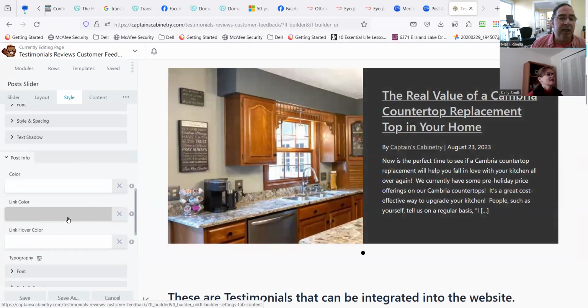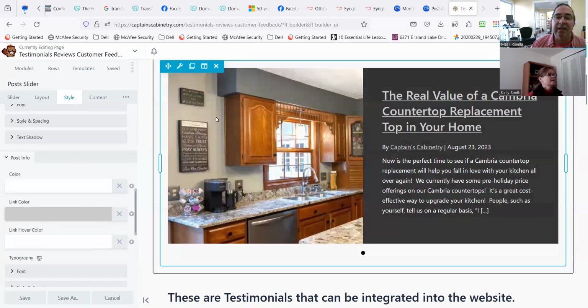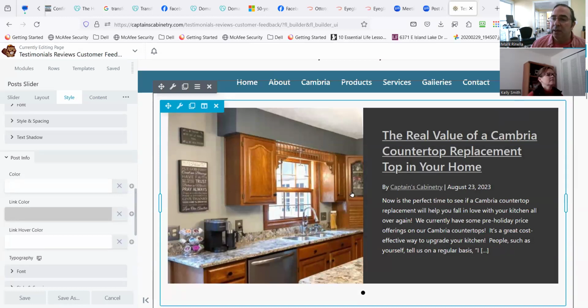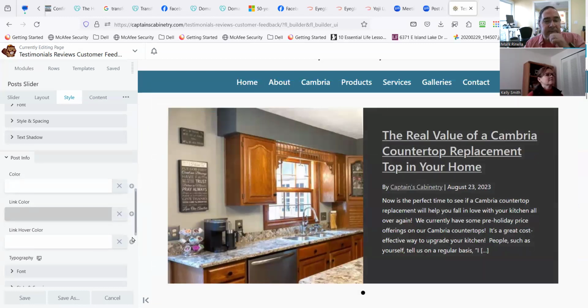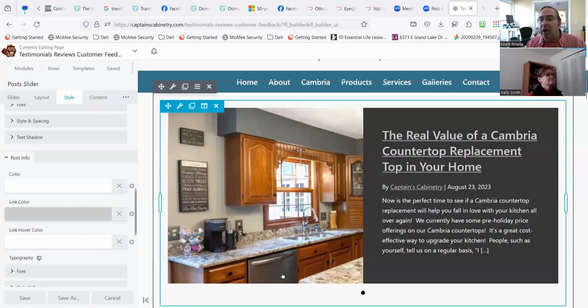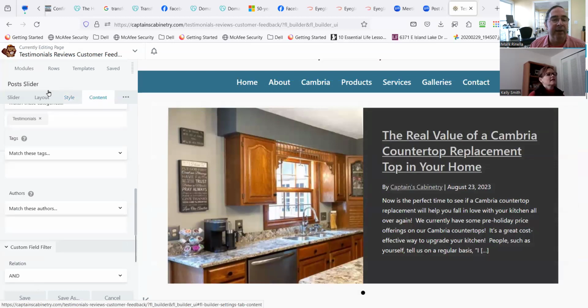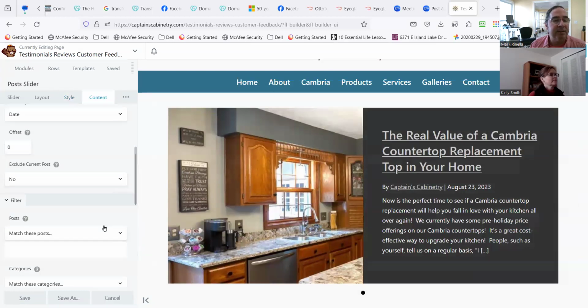So what we started to look at here was styling the post. And again, this depends on how much time you want to spend on this, et cetera. But it's good for you to know that you can change how your posts display. Too much talking, Kelly. Gotta get some water there. You're good. So you can change how your posts display, either one column, two columns, three columns, and then left, right, all those types of things. Now the content factor here, and then we'll get to the layouts, is